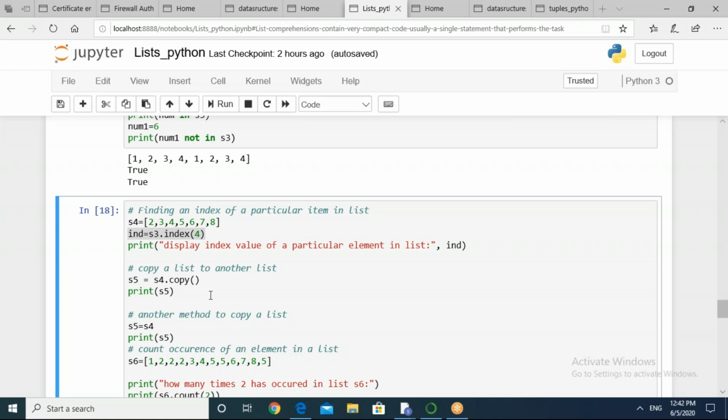So please tell me, after copying the list S4 to a new list variable, let's say S5, I want to add 2 more items into it, 9 and 10. Listen carefully what I'm expecting from you people. I have first of all copied the list S4 to a new list variable through the copy method in S5 variable. Now I want you to add 2 more items into your new list. So just float in the chat window your response.